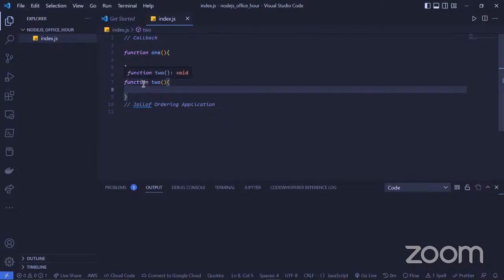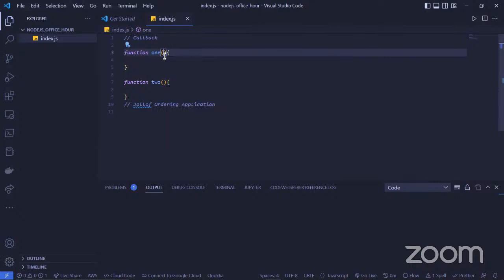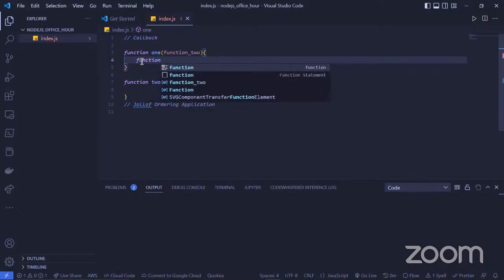If we want to make function 2 a callback function, we'll put function 2 as an argument in function 1.